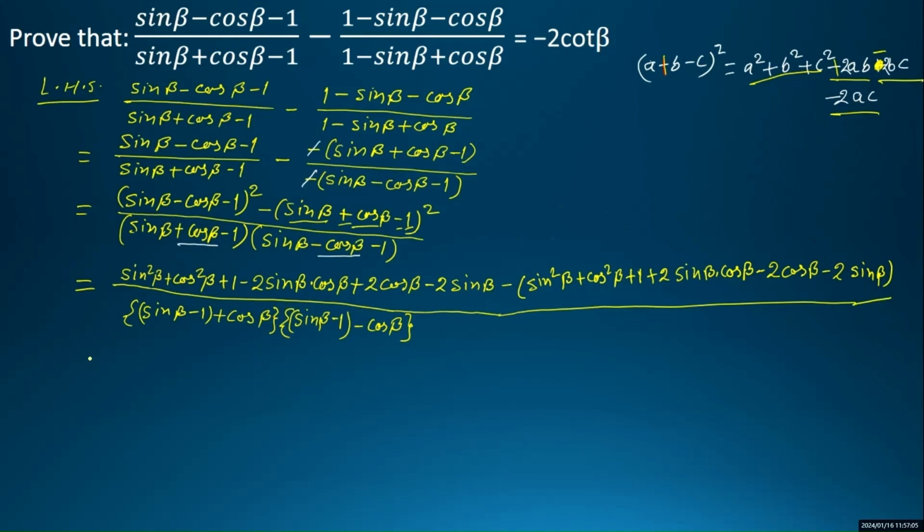And now this is equal to, we'll get sin square beta plus cos square beta is 1 plus 1, other terms we will write same, minus 2 sin beta cos beta plus 2 cos beta minus 2 sin beta. Now we will remove bracket and change sign. And sin square beta plus cos square beta is again 1. This plus 1 will become now minus 1. Change all these signs. Here is plus 2 sin beta into cos beta, and it will be minus 2 sin beta into cos beta, plus 2 cos beta plus 2 sin beta,